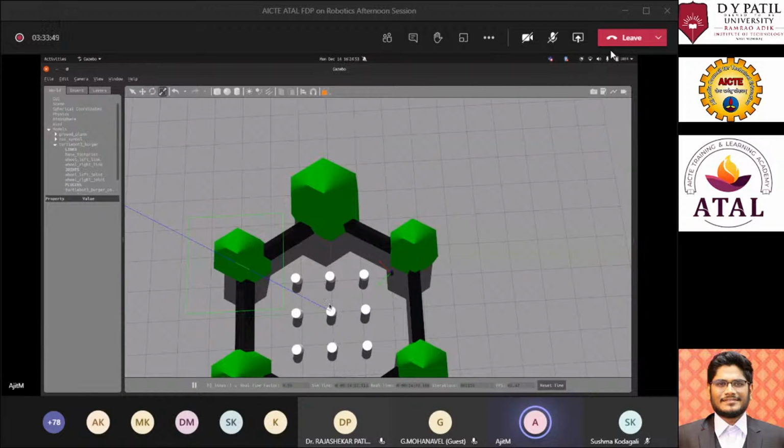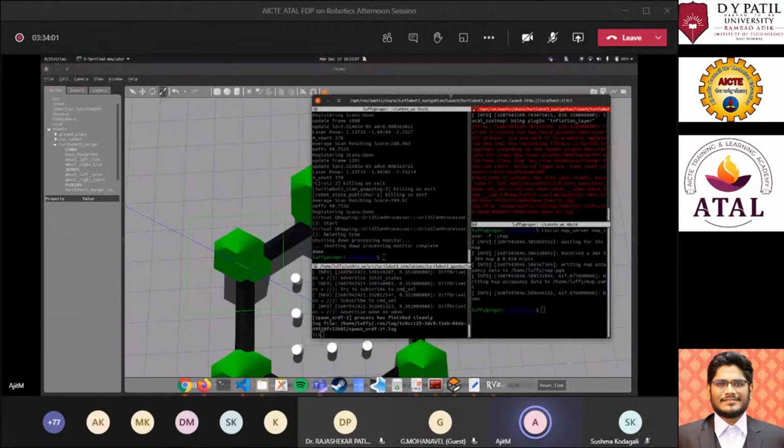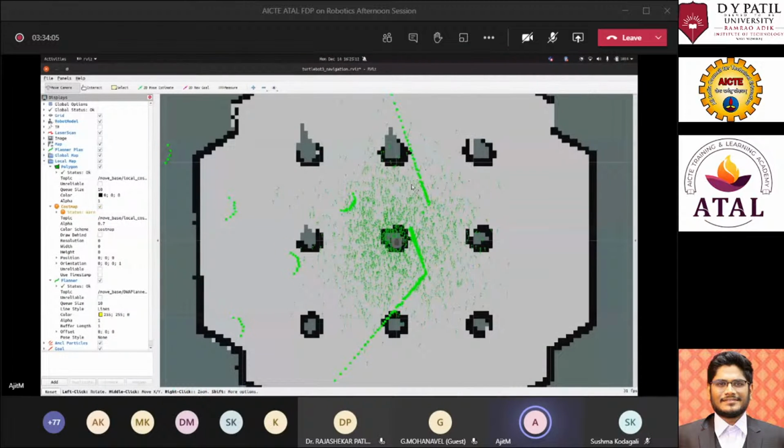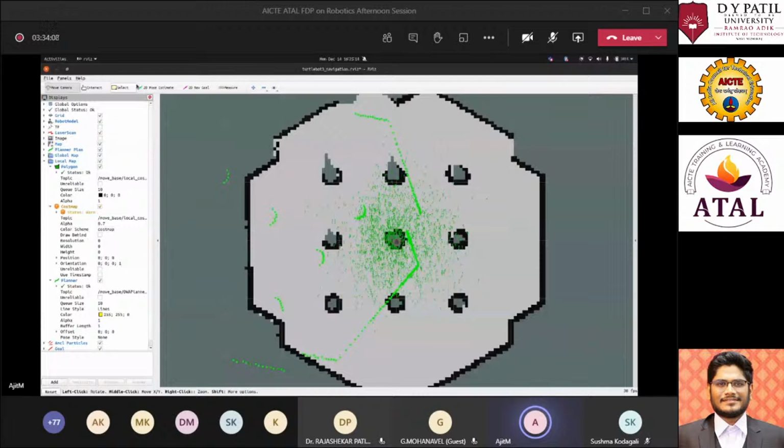The reason is that once it starts to move, it will get more data, and using that data it will localize again. So what we have to do is move around in the system, and to do that we can use 2D Nav Goal over here.